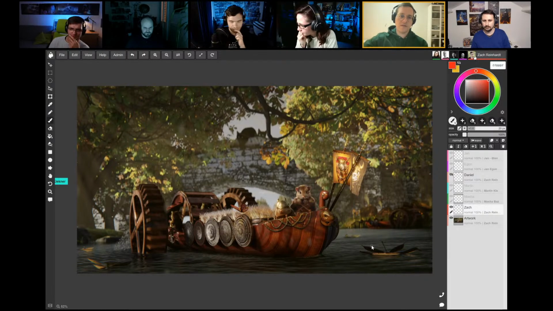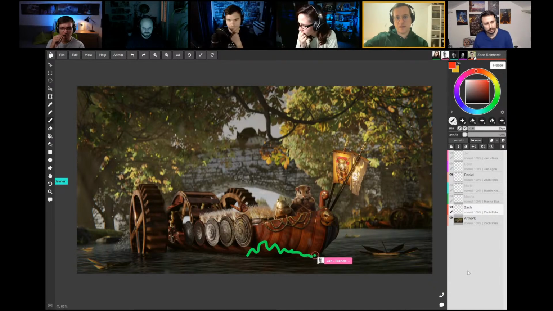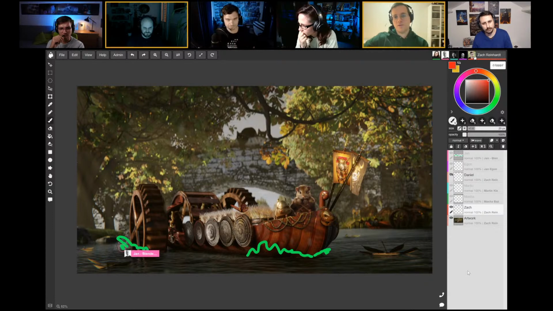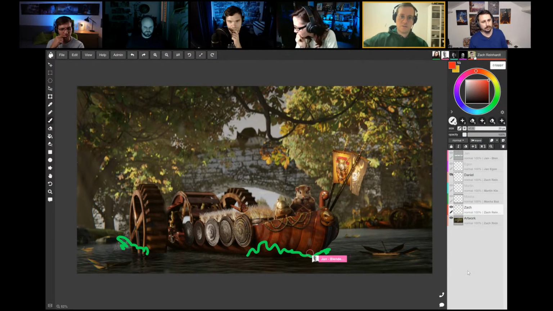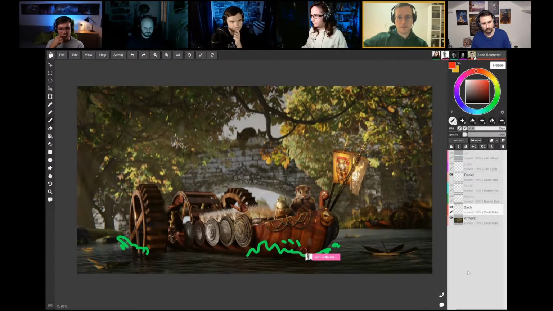I think to sell the scale of the water, because it is supposed to be very small, then maybe there would be a little bit more splashing. Yeah. I know you'd have to look at reference, but for example, in those Pirates of the Caribbean movies, when they make miniatures, they have to make them really big, because otherwise you can see that the water is at the wrong scale. So I think to make it look small here, you'd have to have a bit more splashing. And